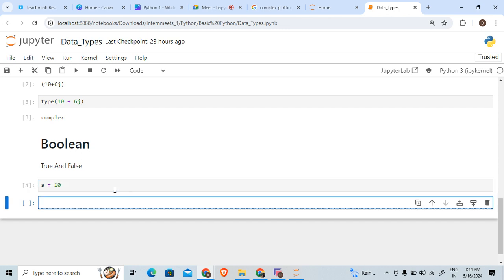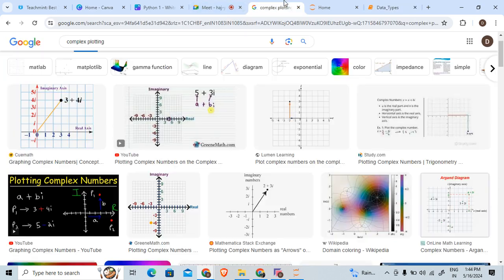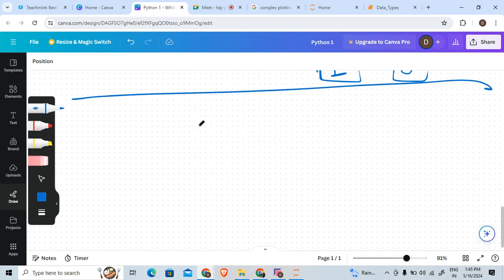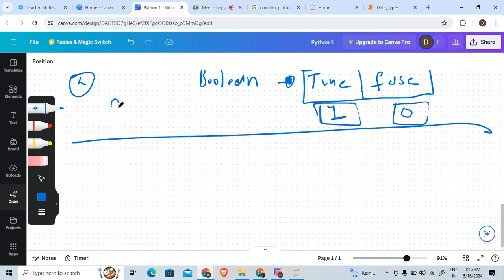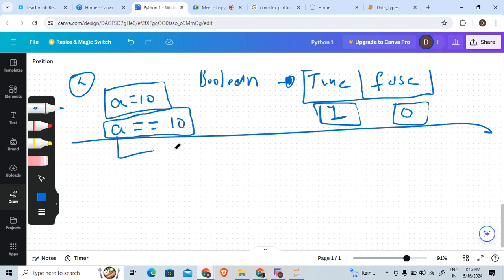Okay, I hope that it is a very simple example. Now look at here, I am writing down a is equal to 10. That means a is now having the value of 10. So now I have to check that a is equal to 10. The meaning of this one is that check whether this has the value 10 or not. If this is having the 10, then simply it will give us the answer as true. Otherwise, if I write down a is equal to 5,